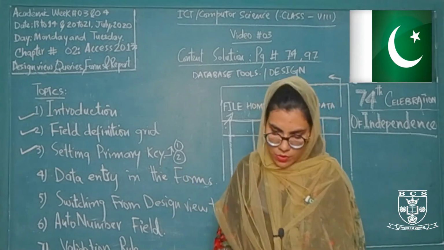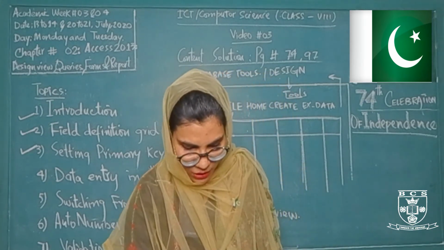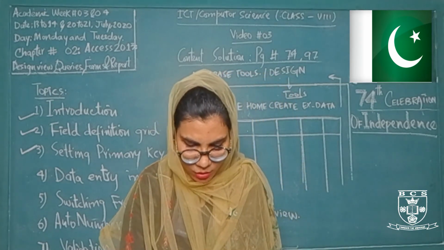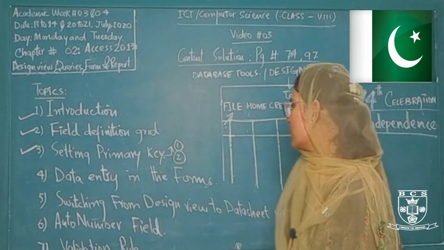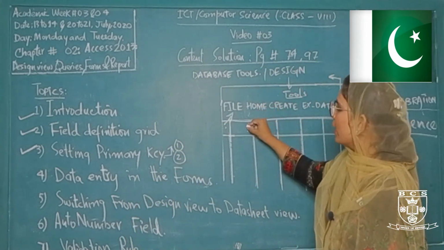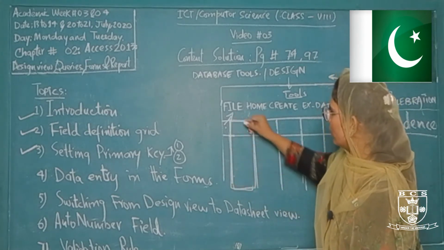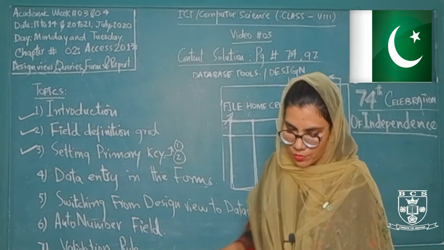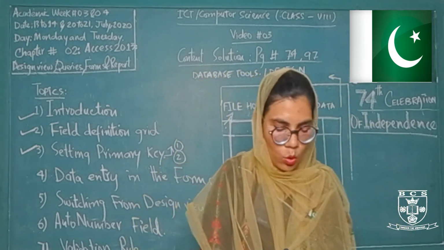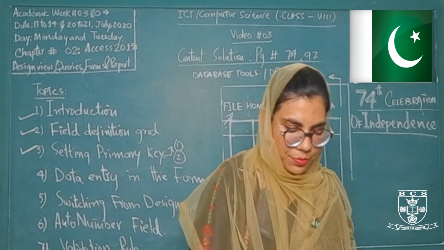In the first method, when I want to set my primary key, we have to select the field to be set as a primary key. सबसे पहले हम उस field को select करेंगे that we want to set as a primary field. For example, this is the field, so I have clicked on this, so it will be selected. After this selection, in step 2, click primary key in the tools group on the design tab.